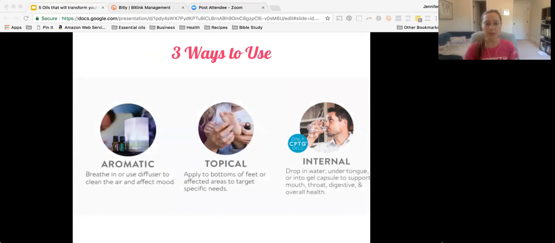A few places to apply the oils. If you're new to oils, I encourage you to start with bottom of the feet application. That is a great place to put oils when you're first starting out. And the reason is because your pores on the bottom of your feet are quite large. And so those oils absorb really quickly through the bottom of the feet and can really get into the body, into the bloodstream, and throughout the body and work in powerful ways.